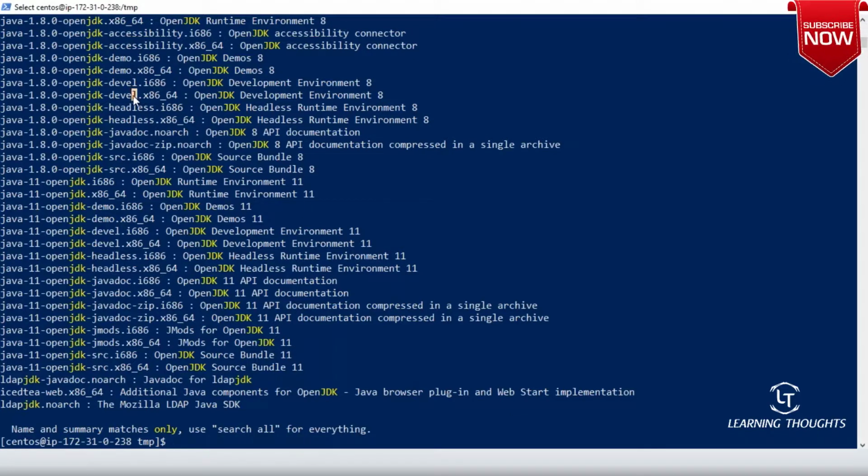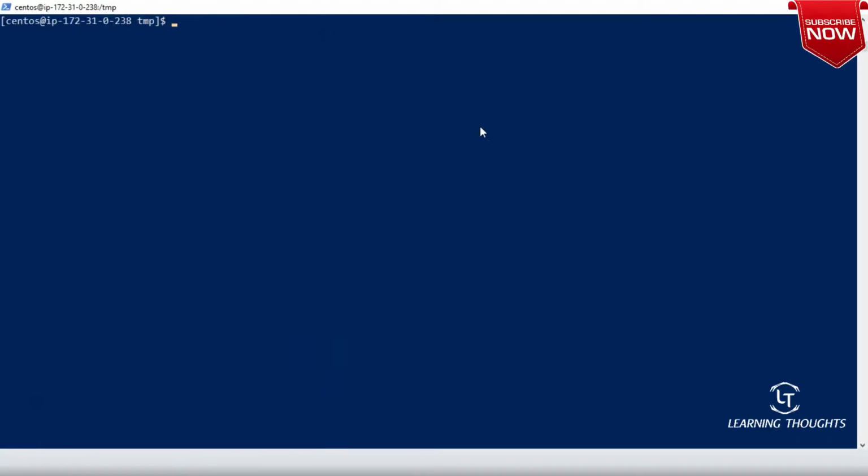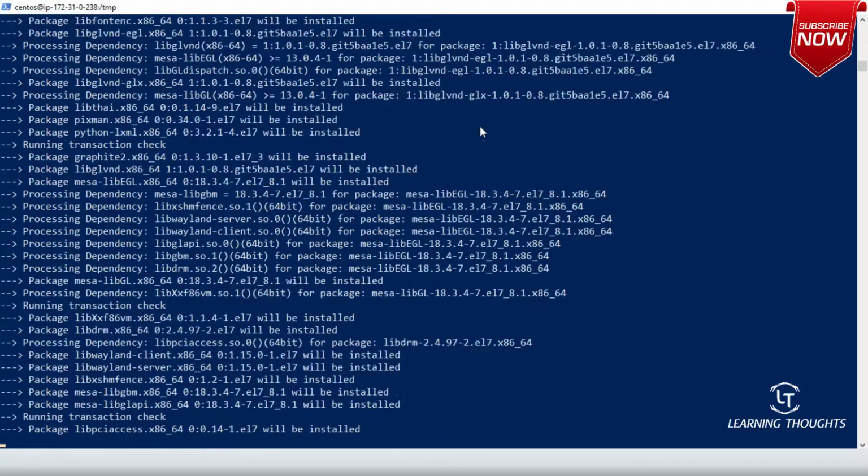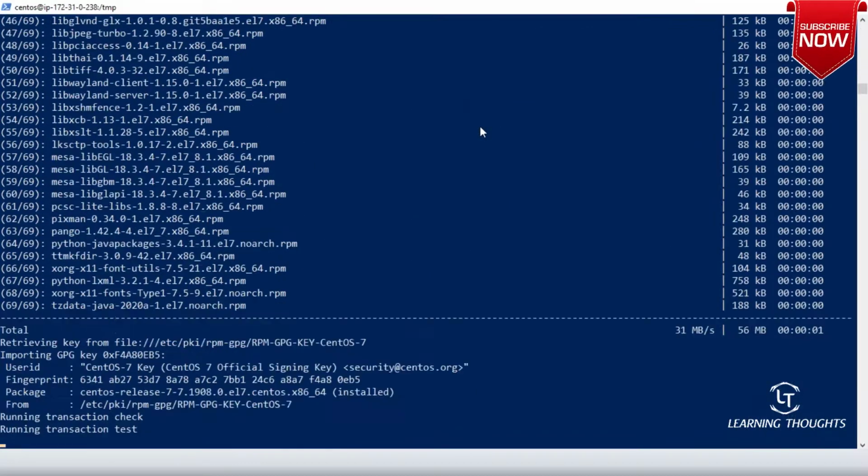Fine, I'll try to use this: sudo yum install -y. So Java is getting installed.